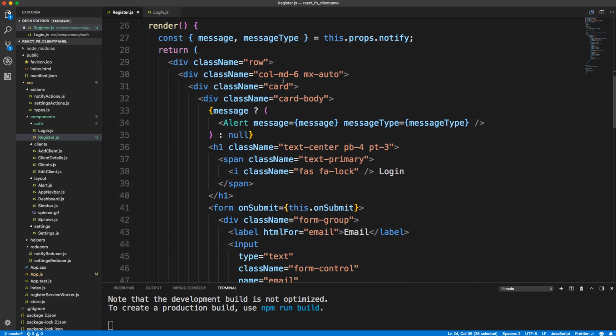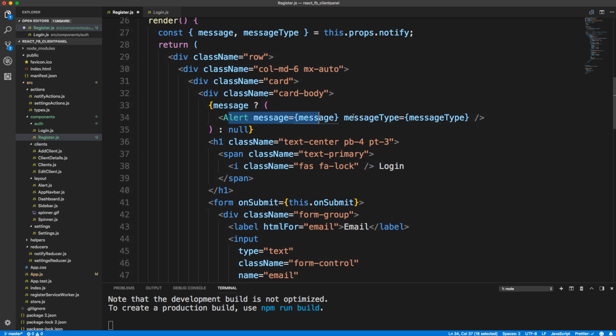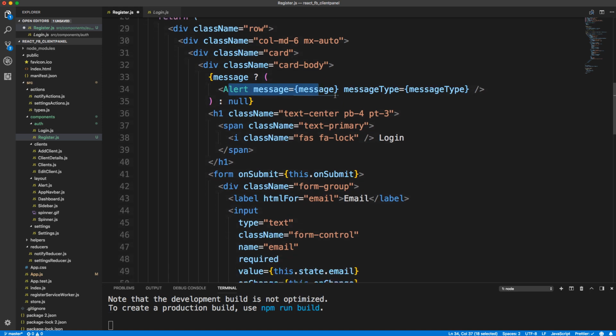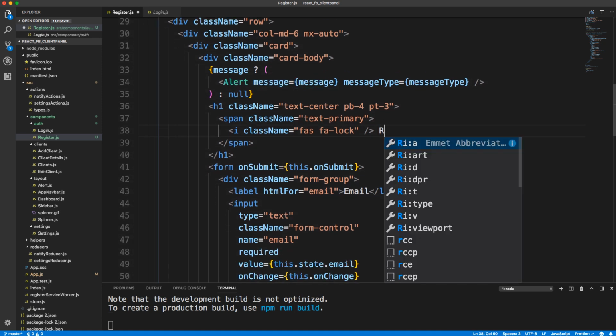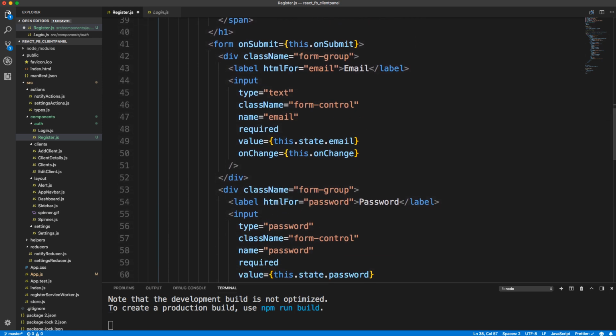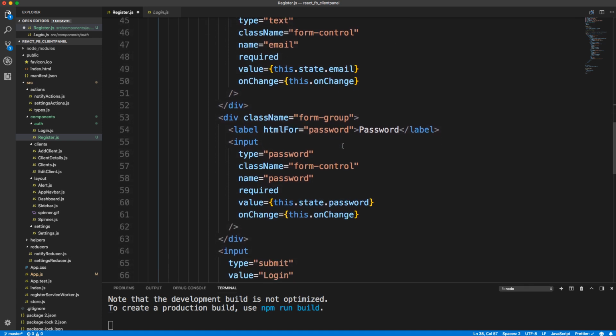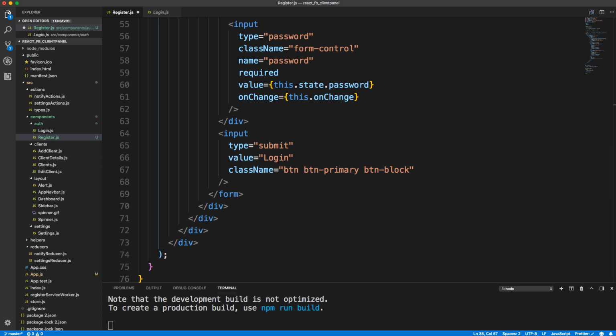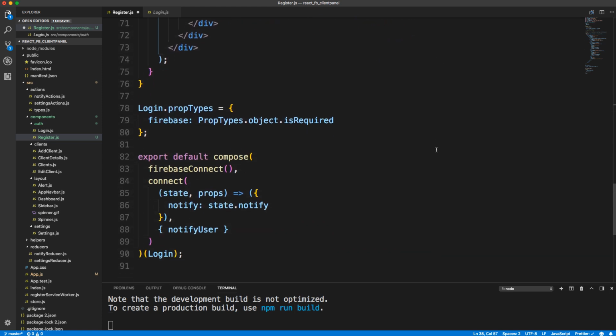We'll keep the whole message, the notification. We'll have the alert here if there's any message. For instance, if there's already a user with the email that you try to register with, it's going to give you a message, and it's going to be put in here. All right. Let's change this right here to register, the heading. And then for the form, I believe this is all going to stay the same. State.email, on change. Yeah, this is going to stay the same. Password stays the same. Yeah, all this stuff is the same. And then down here,